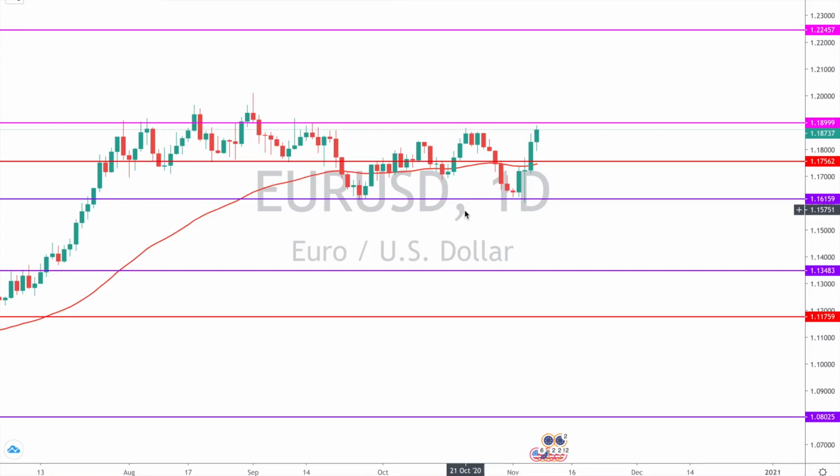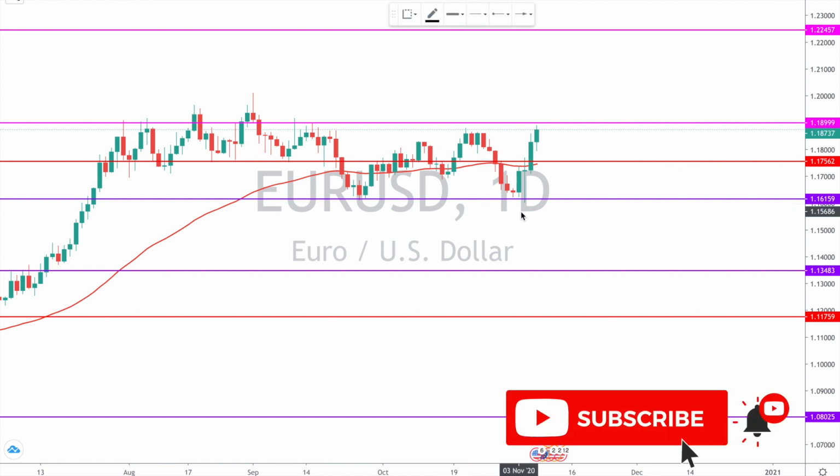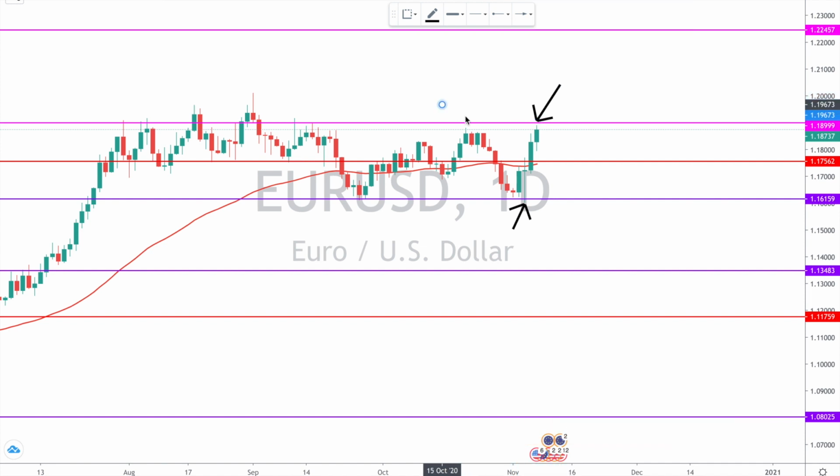So here's Euro-Dollar daily time frame. And as you can see, we have this beautiful rejection of our weekly effective support right here. What is more, we have 4 green candles in a row, giving us a clear bullish bias on the daily time frame for the Euro-Dollar, as this represents a strong bullish price action through these 4 beautiful green candles in a row. And what is more, we have some higher high right here, right from that level, which is